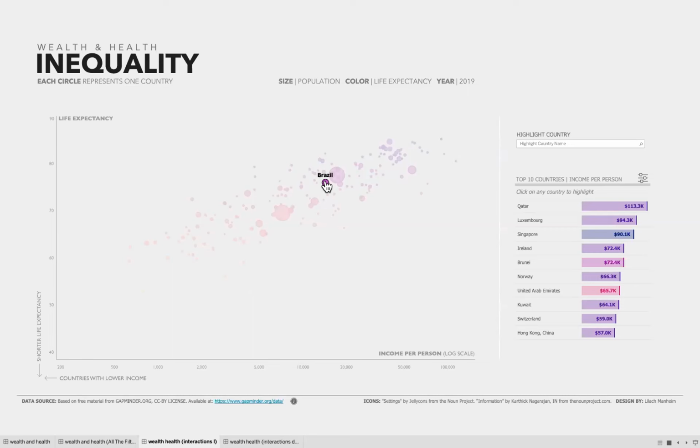So all three of those interactions, and including the filter actually, are enabling a similar thing, which is enabling users to find a country in the scatter plot, but they're accomplishing it in very different ways. So first, the features of Tableau itself that it's using. The highlighter is just an out of the box highlighter that's super easy to just throw on there. Our second interaction is building a secondary chart, and then using that chart to trigger a dashboard highlight action.